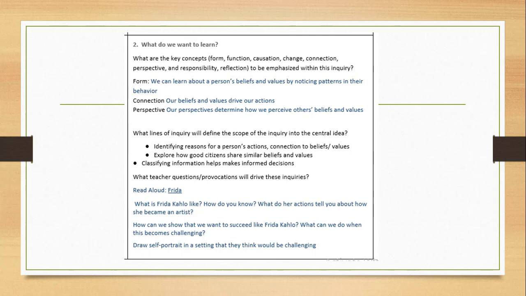Box 2 has a lot of parts to it, and all of them are very helpful while planning each of your individual art lessons. This box should be directly reflecting your central idea that you've chosen. As I'm planning, I often end up editing my central idea to better align with the lines of inquiry and key concepts that are most important in my lessons. And I think that I did a pretty good job last year thinking through how we would focus on each of these key concepts that I chose.